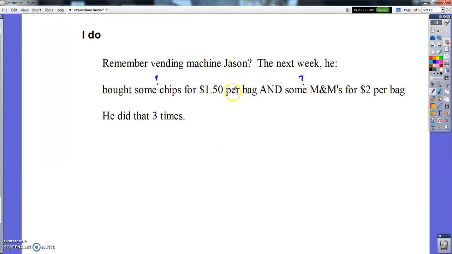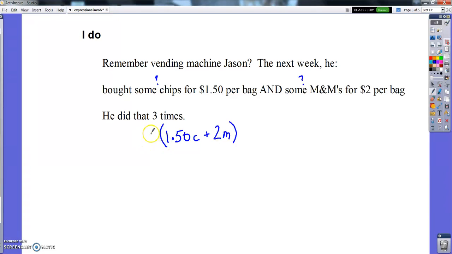So the way I would want to write that expression is, if it were me, so again, we have $1.50 times however many bags of chips he bought. I don't know how many it is. $1.50 times C for chips. Plus $2 times however many bags of M&Ms he bought. Don't know how many, so I'm going to use a variable. $2 times however many bags he bought. And he did that all 3 times. So he did this